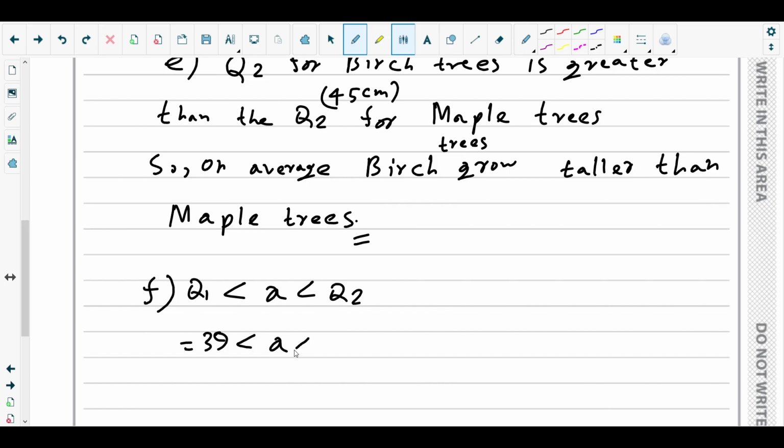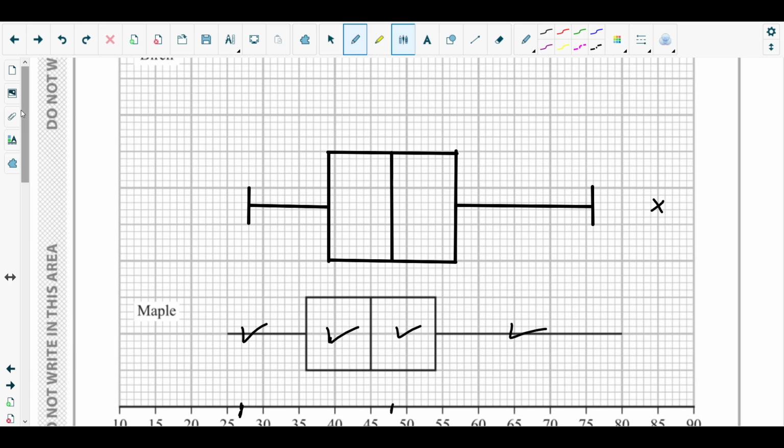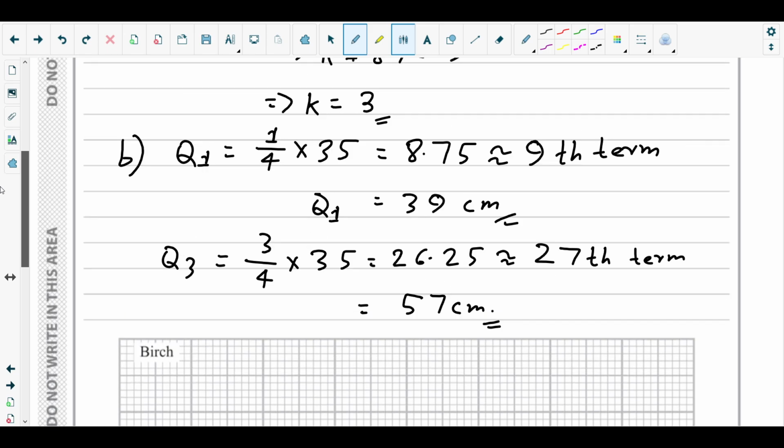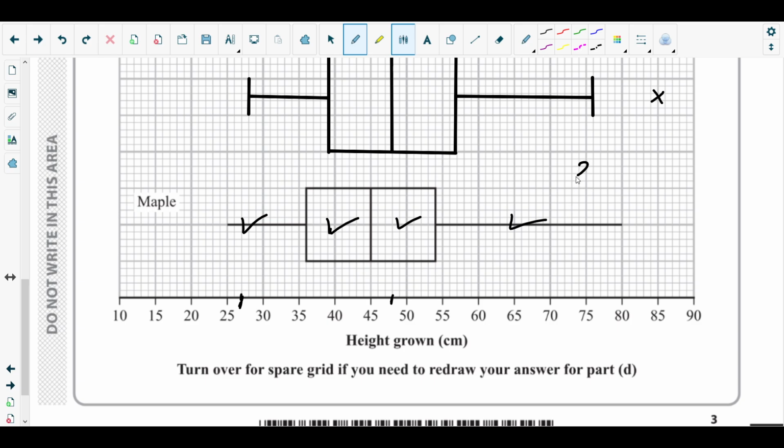And Q2 is 57. But if you see the fourth missing value, it is basically twice of A, right? So if you consider twice of A, and if you consider the lower limit for A to be 36, then 36 times 2 would be 72, and if you consider the upper limit to be 45,